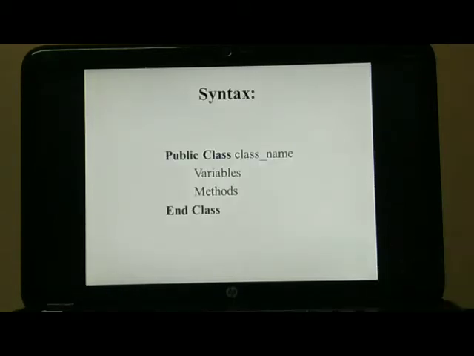Now let us see the syntax to define a class. As we have seen before, we use the access modifier. For declaring a class, we use public, then the keyword class, and the class name. The user can give any class name as per the requirement. In the class body, we can declare variables and methods, and to close that class we use end class.